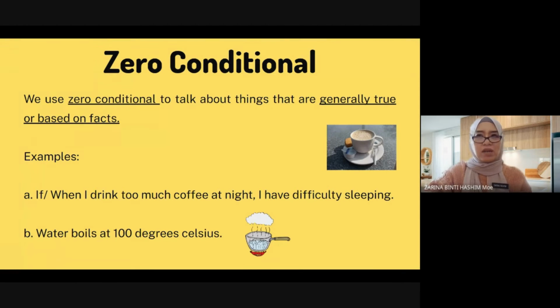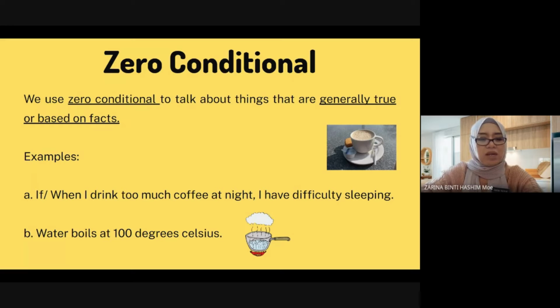Now I want all of you to think of one statement that shows something based on facts. If you cannot say it, you can just type it in the chat box. Find one statement showing facts or something generally true. I'm not sure if you have that in your exercise textbook or not, but if you refer to your textbook,